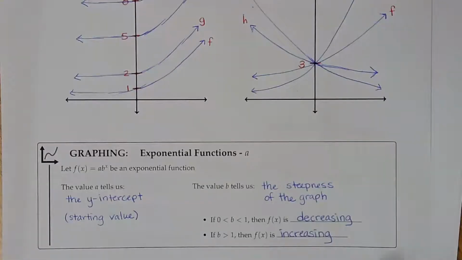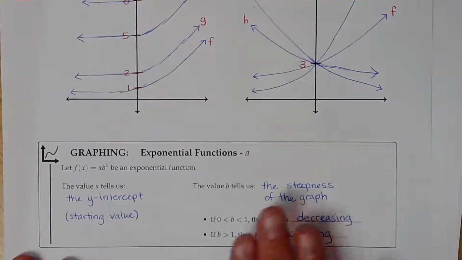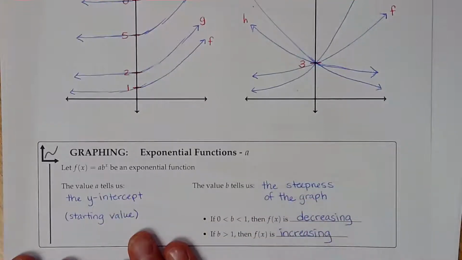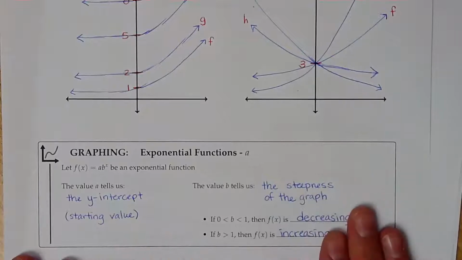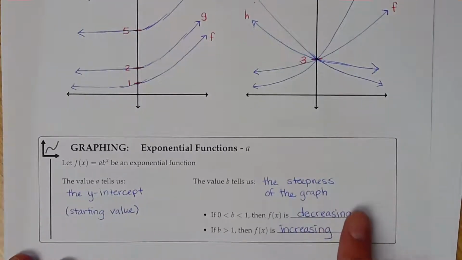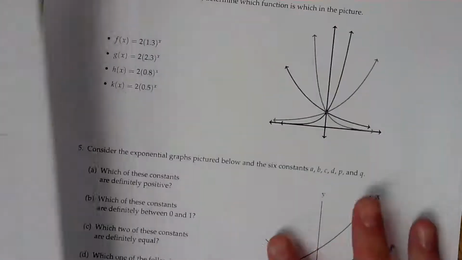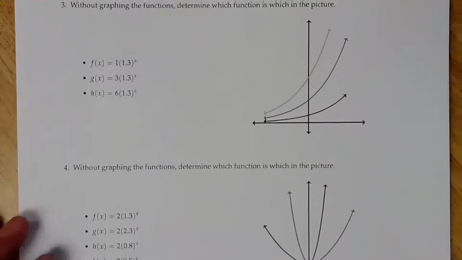So in the last video, we looked at what A tells us and what B tells us. A gives us our y-intercept, our starting value, and B controls two things. One is the steepness of the graph, and the other is whether our graph is decreasing or increasing. So given that knowledge, what I'd like you to do is pause the video, and I want you to try